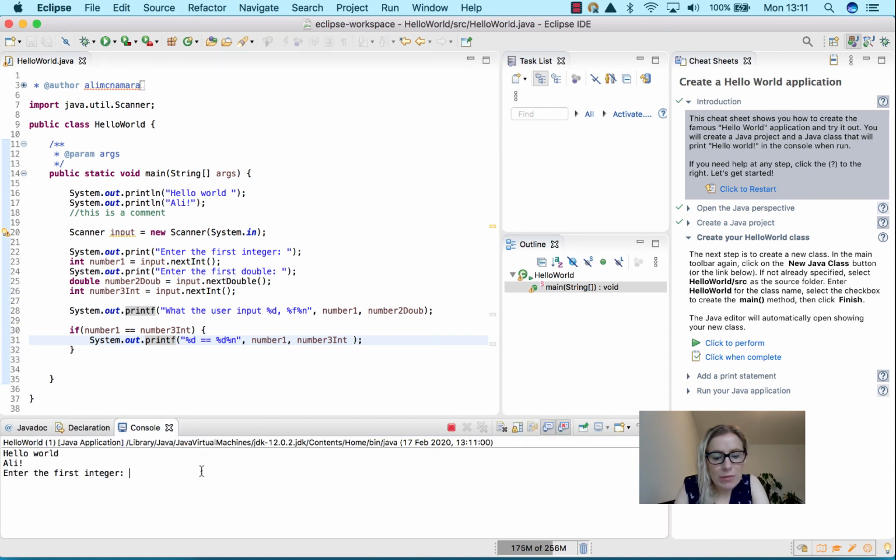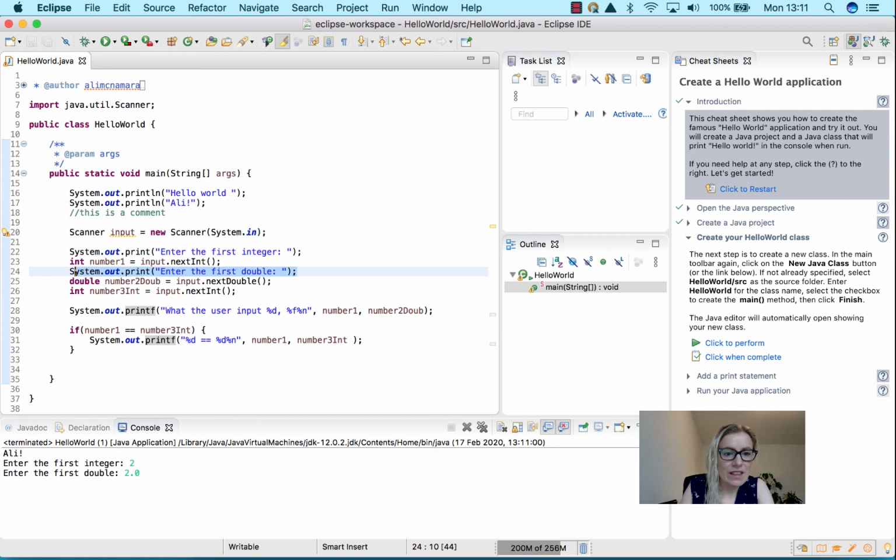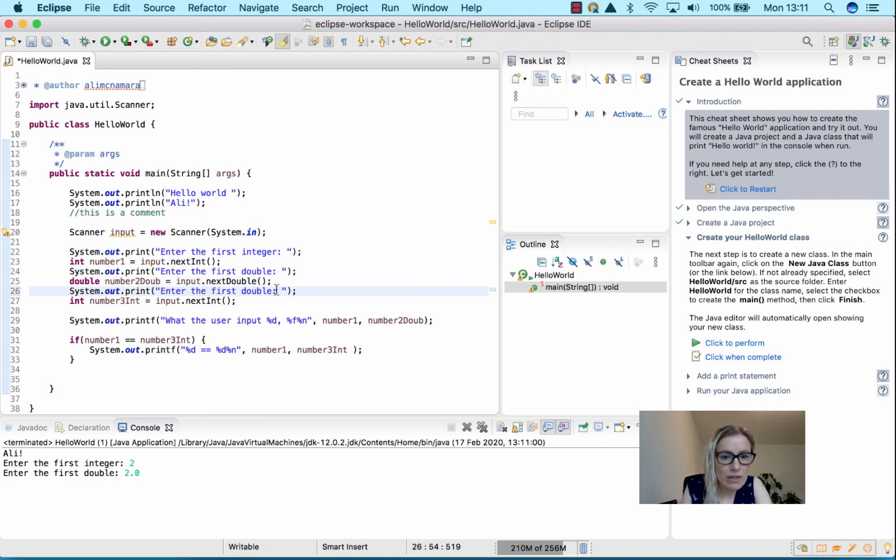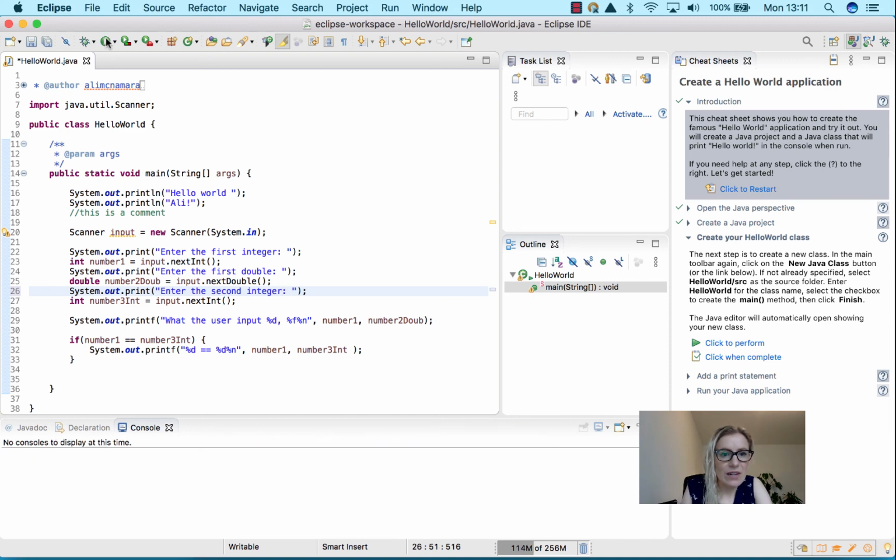If I put in my integer here and put in a double here and then put another, there's no enter here, so we've got a problem because I didn't say please enter a new thing. So we have to stop it and put in another prompt here. This will be for the next integer, so second integer. And now if I press play again